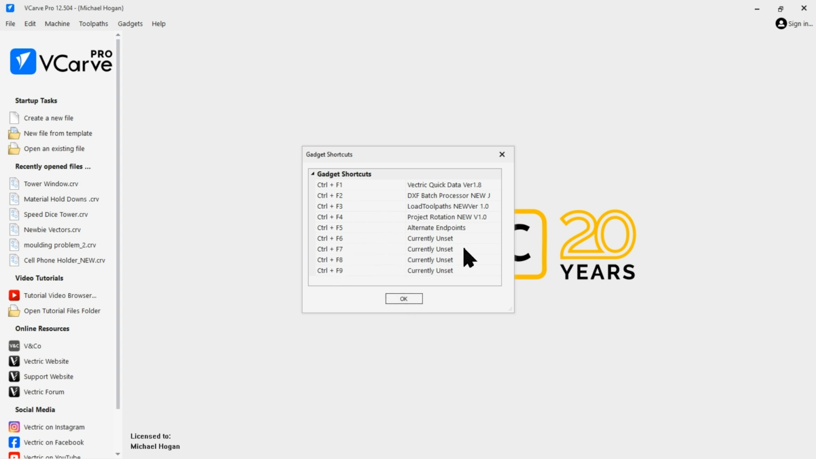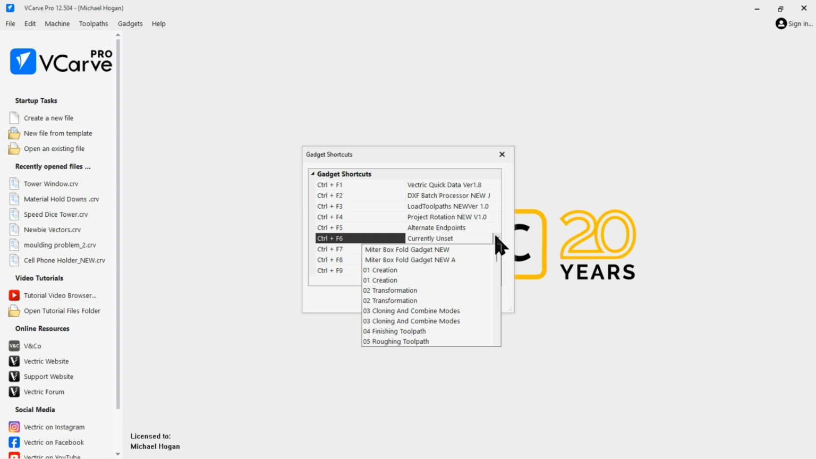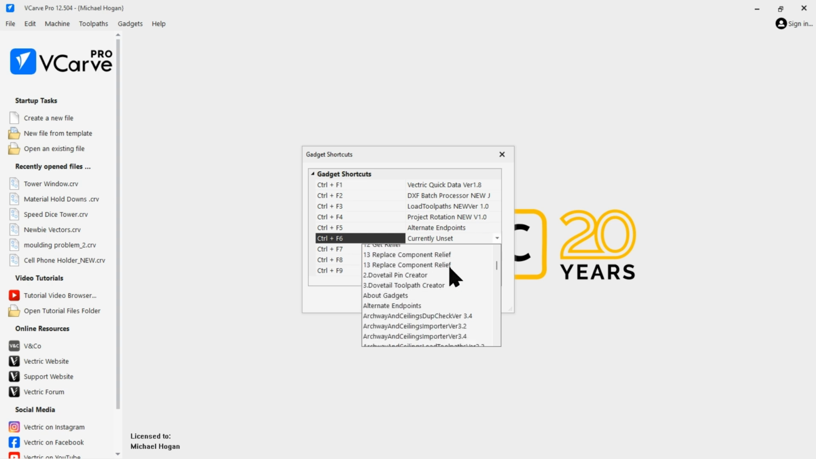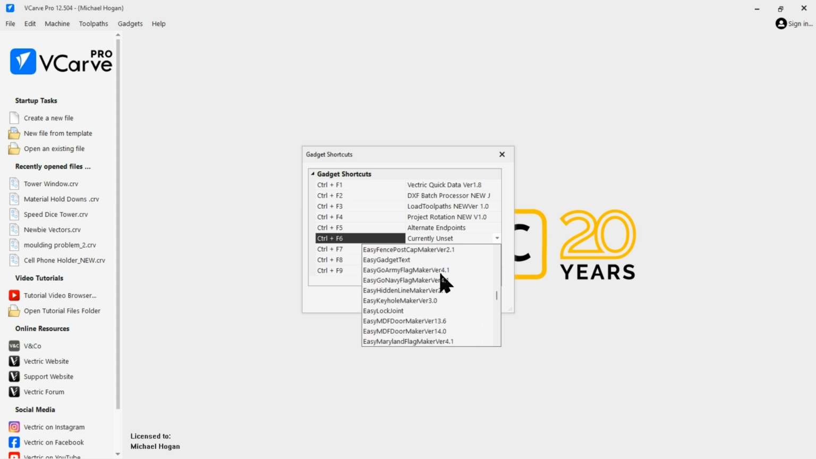To show you how to do that, you click on one of them and then you click on the drop down and it will give a list of all the gadgets that you have in your program. And as you can see, I have quite a few in my library. And then you just click the one that you want. Let's say I add,